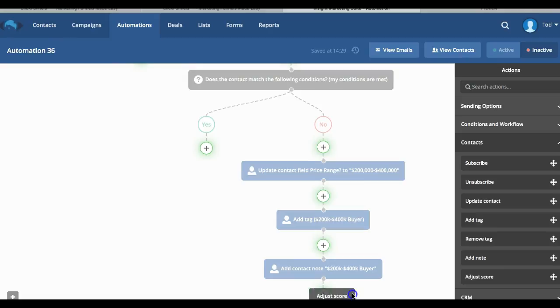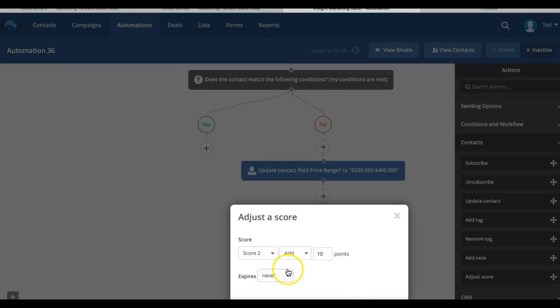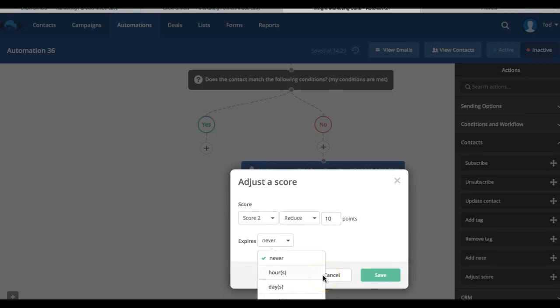And then you can adjust the score too. And adjusting the score, I think, is really helpful in categorizing which of your prospects are the hottest and which ones are not engaged with your contact information, or with you contacting them. Some things that you can do are adding points if they do a certain thing, if they interact with your emails, things like that. You can add points, you can subtract points if they don't email, if they don't respond to your information, or you can